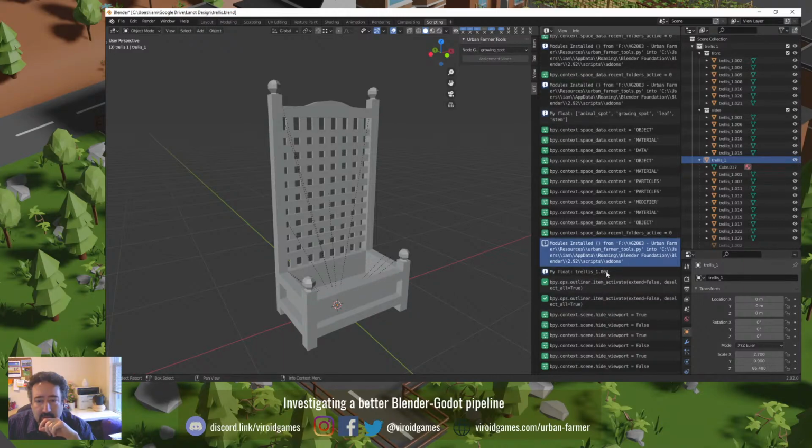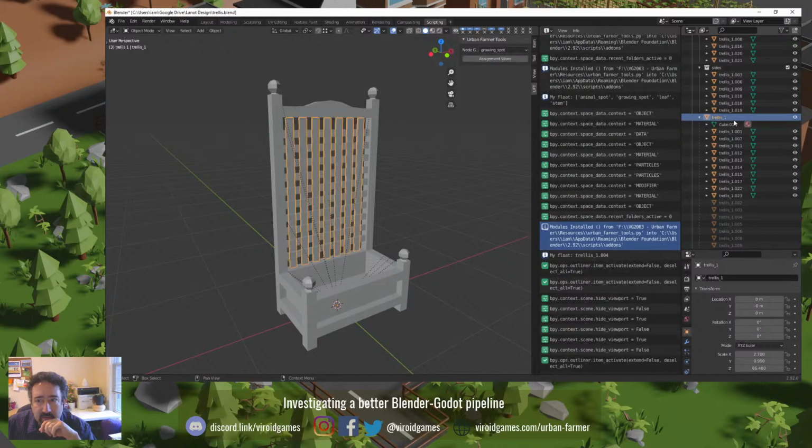This doesn't make any sense. I know that Blender puts these things in collections here just for visual representation, but essentially this trellis node is holding all the